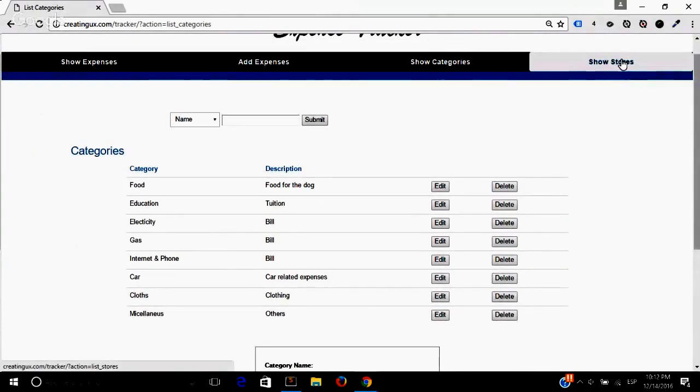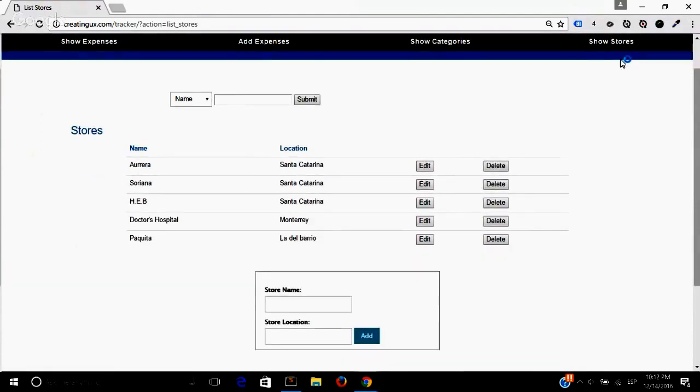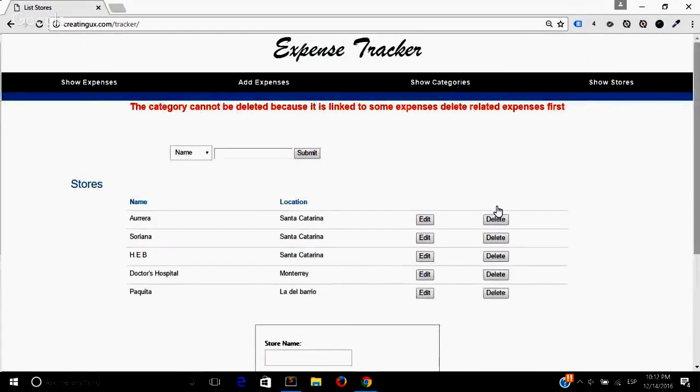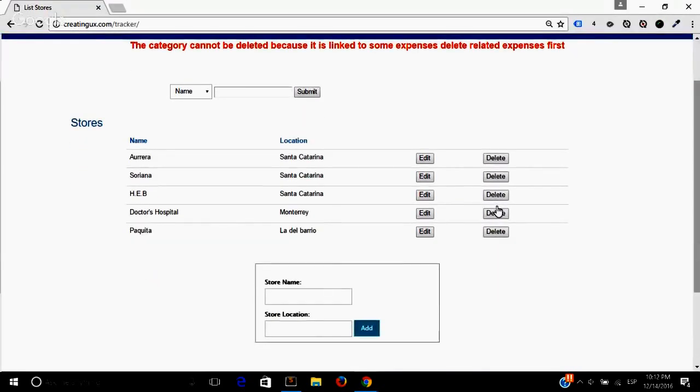And it is pretty much the same for the store. It works pretty much the same. If we try to delete HEV, I think there are some records there with HEV, we can try, and the same error is brought to the user. So the user